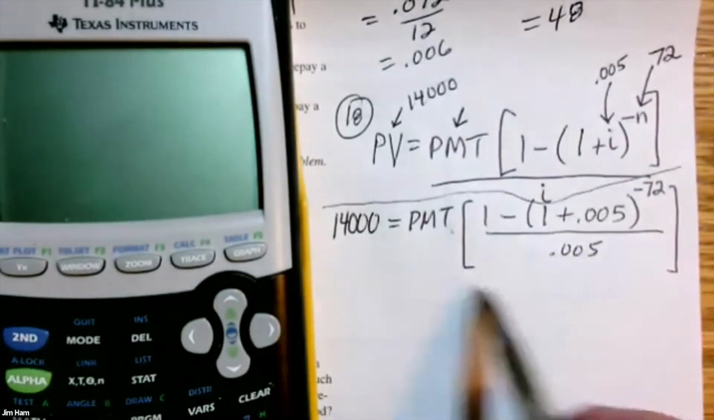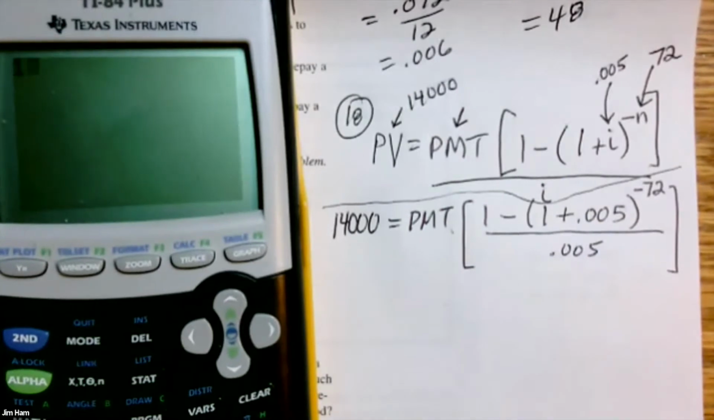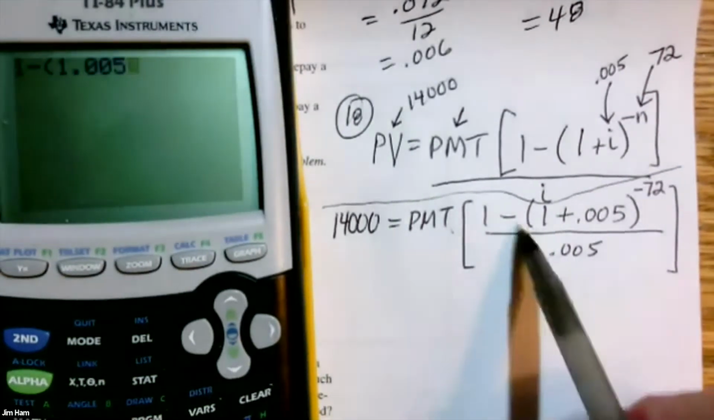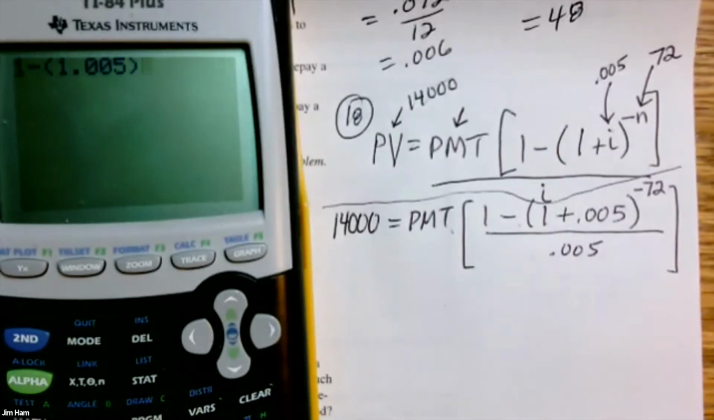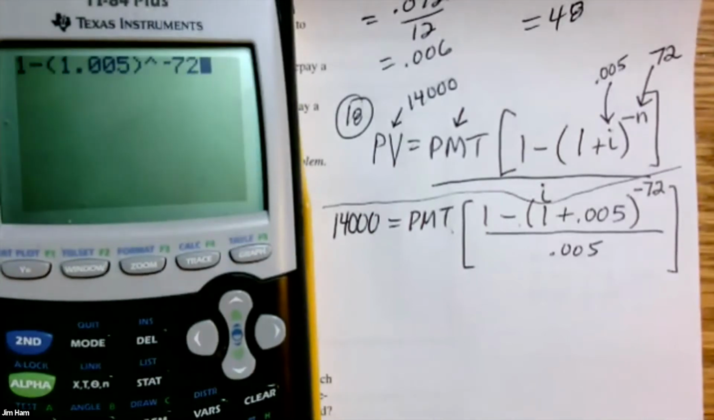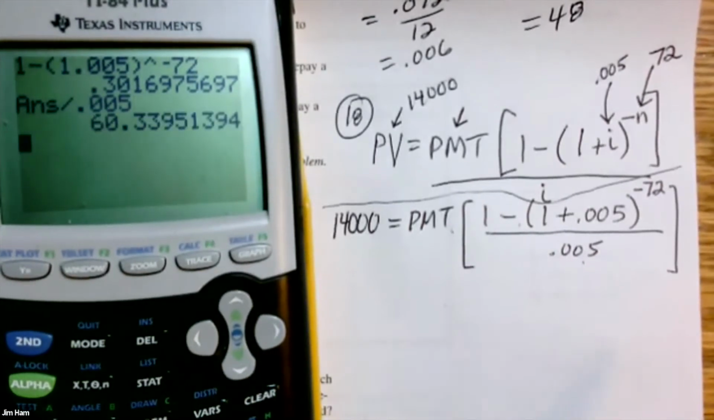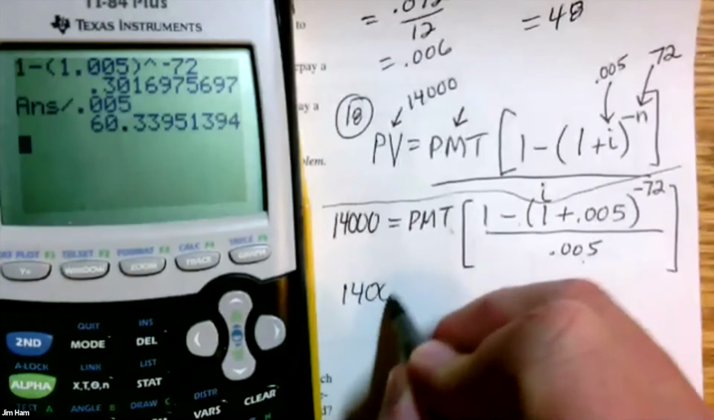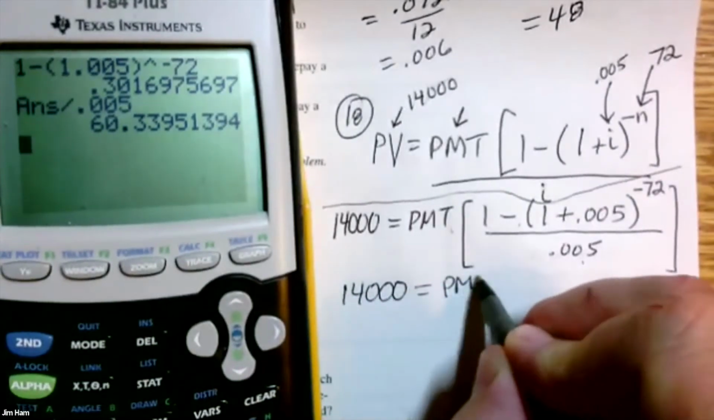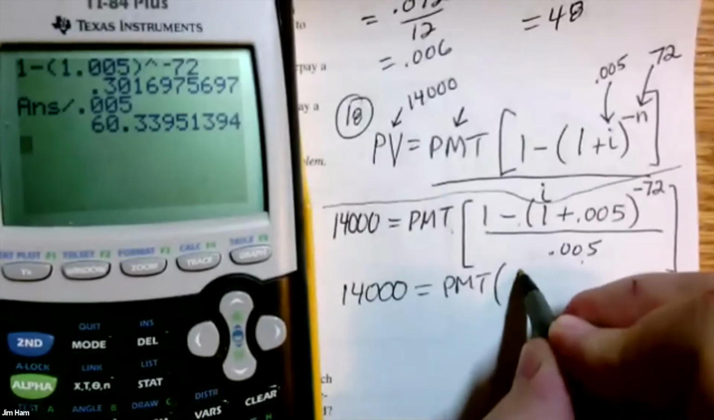So I'm going to put this into the calculator. So 1 minus, then in parentheses, 1, I'm just going to add those two numbers together, and then raise that to the negative 72. Now, since I didn't put parentheses around the entire numerator, I have to divide this out first, and now I'm going to divide by the 0.005. All right, so 14,000 equals the payment, and when we evaluate that whole number there, we get